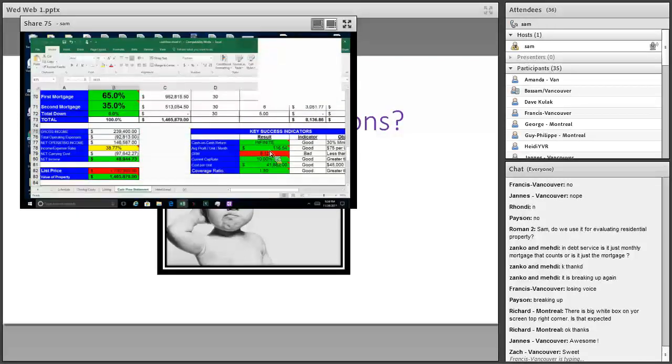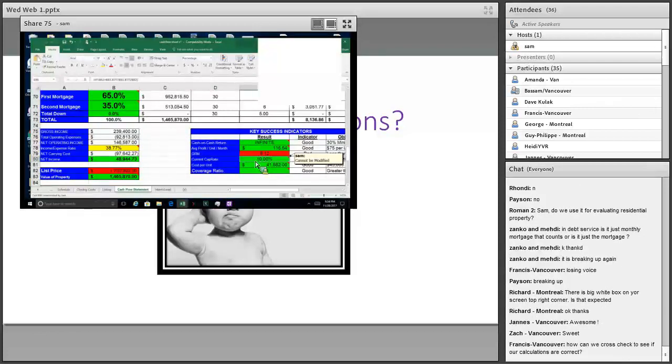We come over here and we see that our cash on cash is great. Our average per unit is 116, a little bit higher. GRM is 6.12. That's fine. Current cap rate you see is at 10, right? It has to be 10 for a buy and hold, and that's not so great for us.